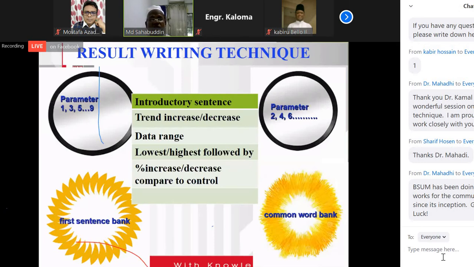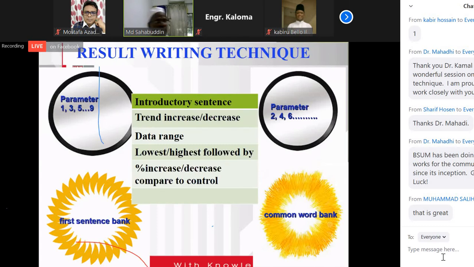First, the introductory sentence: there was a significant difference among the treatments. Second, the trend due to the treatment, increasing or decreasing. Then the data range among all treatments. Then the lowest and highest followed by the second value. After that, we compare the highest value: how many percent increase or decrease with the control? So this is the proper write-up of the result.